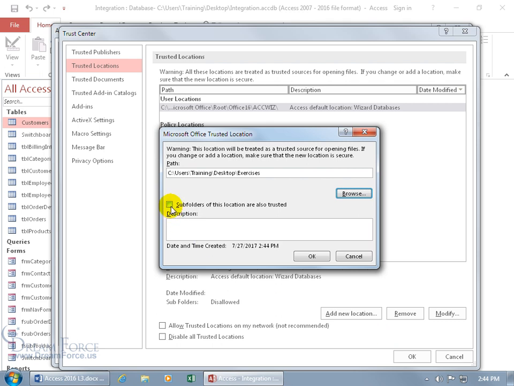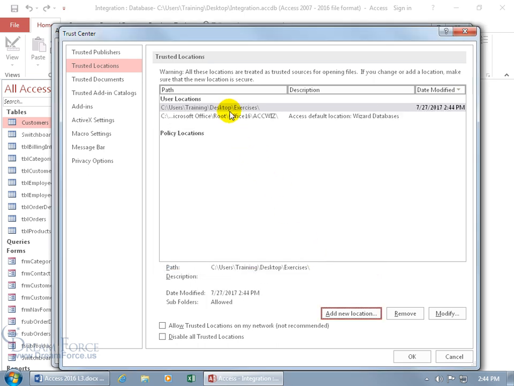And then if we add any subfolders in it that we wanted trusted, we can go ahead and check that, and you can write a description, but I'll keep it simple. Click Okie dokie, and there you go. So any Access database files that I put in that folder, it's now trusted. It sees it as trusted, so it won't give us any warnings about those macros, ActiveX controls, or data connections